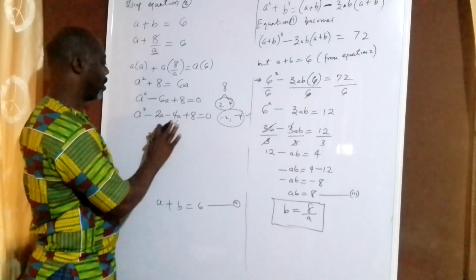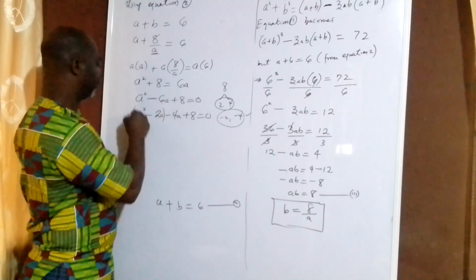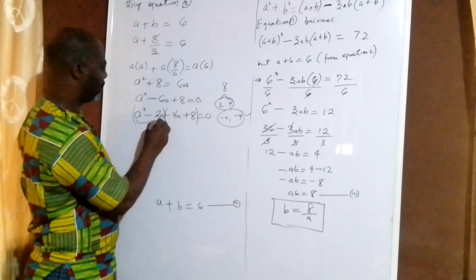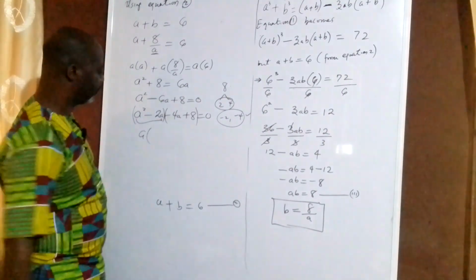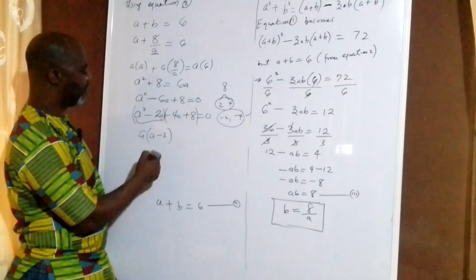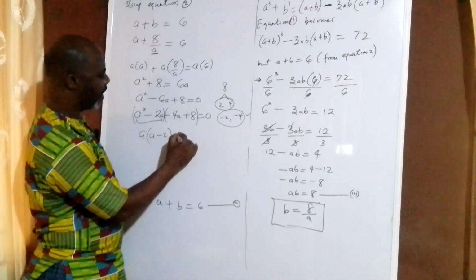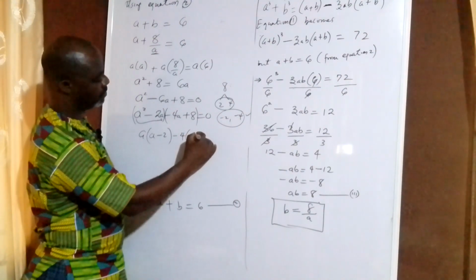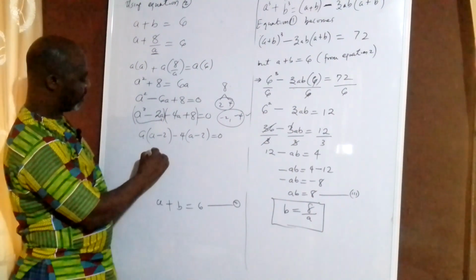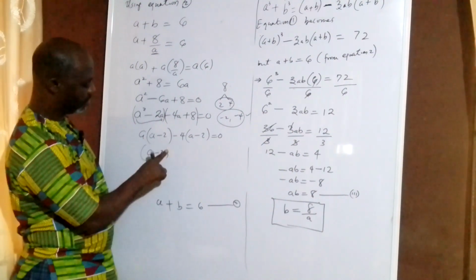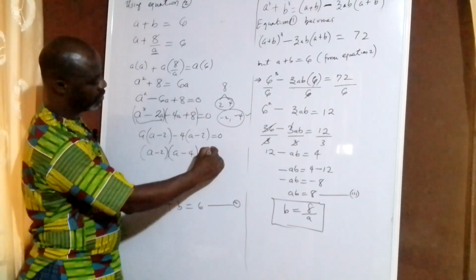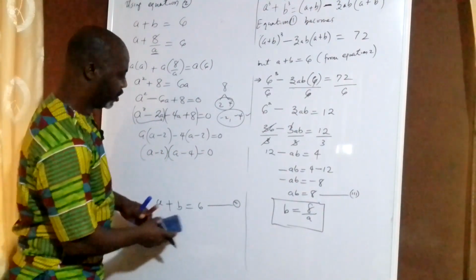So what I'm going to do now is to group and factorize. So from this, we have a to be common. Then inside the bracket we have a minus 2. Then from here we have minus 4. Then a minus 2 inside the bracket, all equal to 0. So I'm going to have a minus 2 times a minus 4 equal to 0. So this will give,